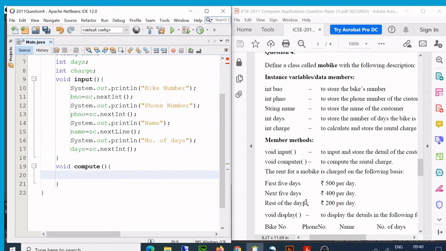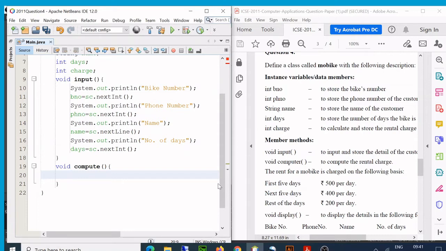Now how are we going to convert this into a Java program? If I read it like this, if number of days are less than 5, then 500 per day. If number of days, I can't say next 5, so I'll have to say between 6 and 10, then this, else 200, right?